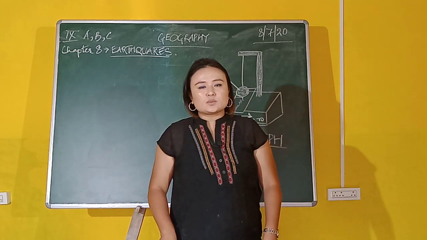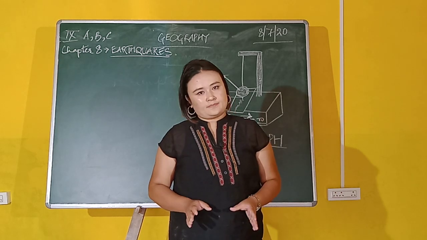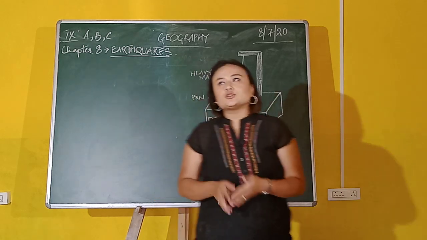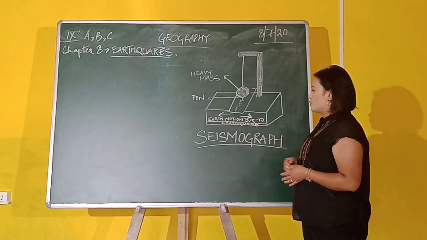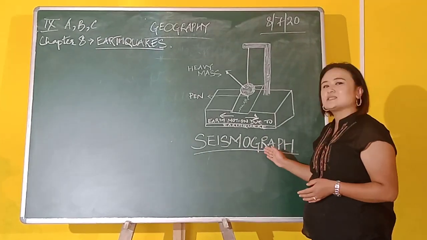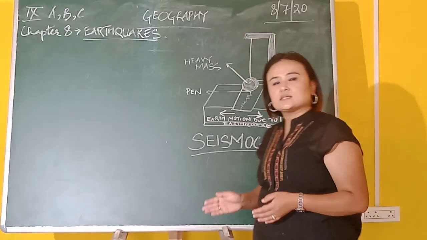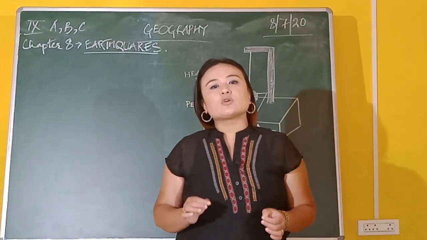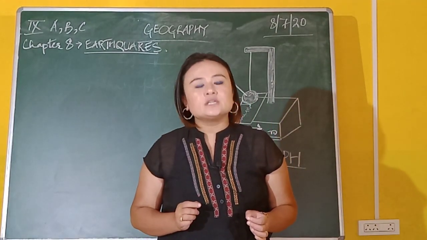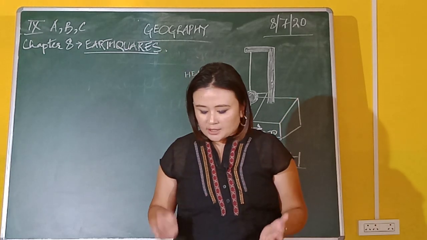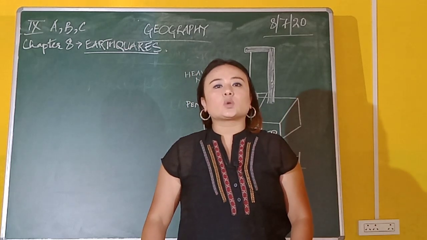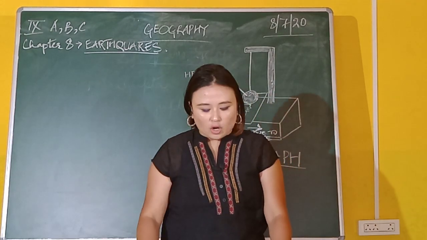Now today, in today's class, we will be emphasizing the instrument that is utilized in order to measure the intensity of an earthquake. So the instrument I have made here on the diagram, here on the board also. The name of the instrument that is utilized in order to measure the earthquake is termed a seismograph. It is also referred to as a seismometer. So the seismograph or seismometer is the instrument that is utilized in order to measure the intensity of an earthquake. So you can turn to page number 63 in your textbook, where we will be highlighting how the earthquake will be measured under the topic of the seismograph.